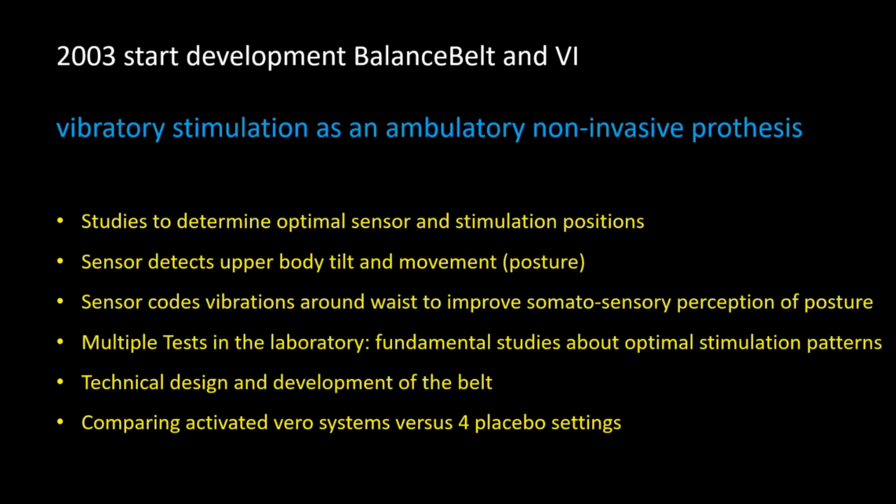Okay, so we started in about 2000 with the development of vestibular prosthesis. The vestibular implant, Angelica will talk about that, and of course also the balance belt as a non-invasive alternative. So we did a lot of studies to find out what is the best place of the vibrators. For example, John Allen put the vibration on the head. And we needed to find out, is this really the best solution? The VertiGuard uses it around the waist. And before the VertiGuard, we were already busy with the development of all these things.